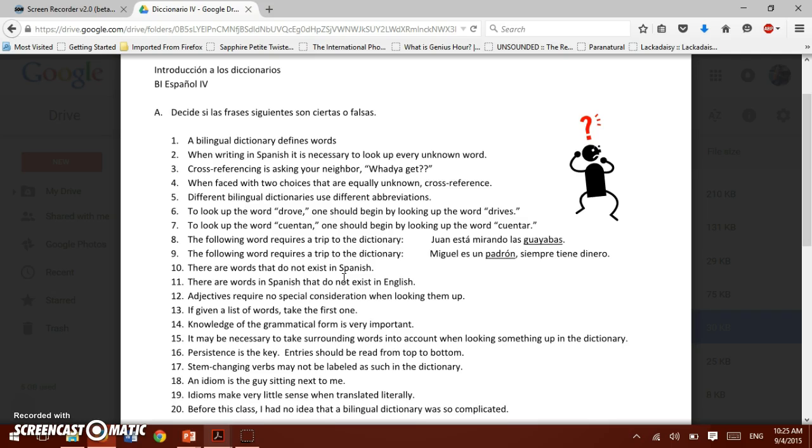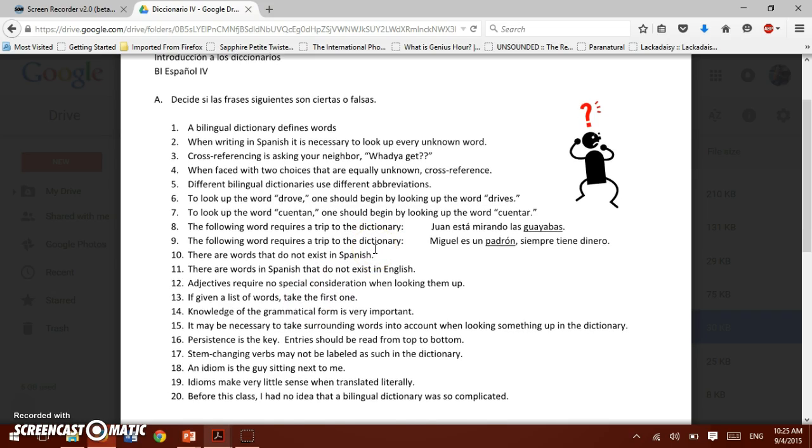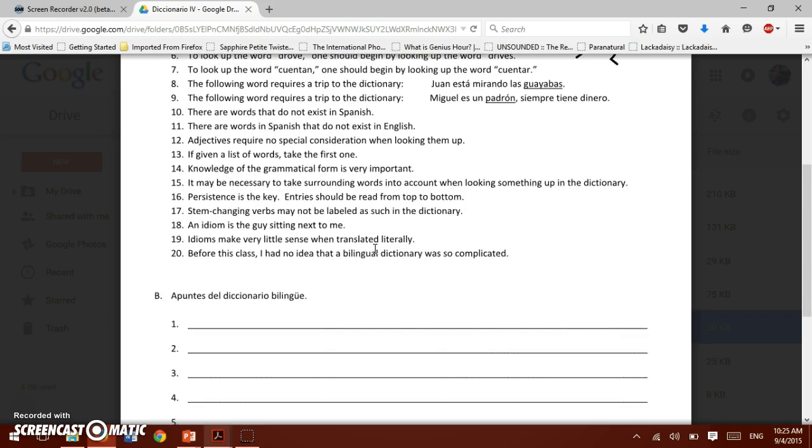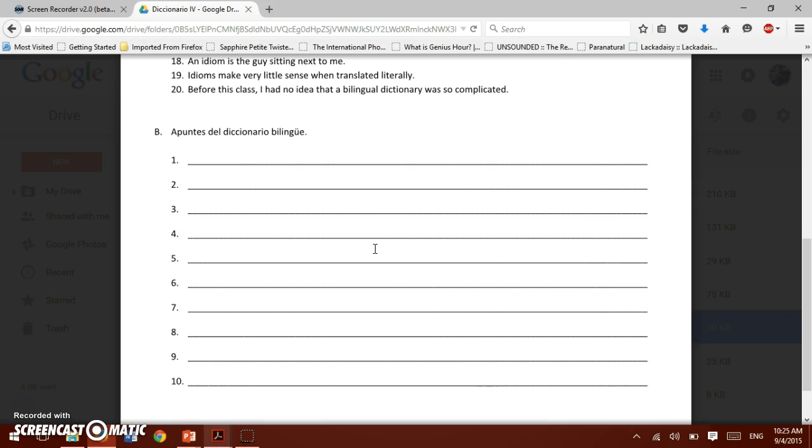Hopefully you have already gone through these 1 through 20 phrases and decided if they are true or false. If you have not gone over the answers with the sub, please pause the video and do so before continuing. If we look at part B, this is where you're going to have some notes on the bilingual dictionary, and you can take notes here. If you need additional space, please feel free to use a sheet of notebook paper or a notebook to make